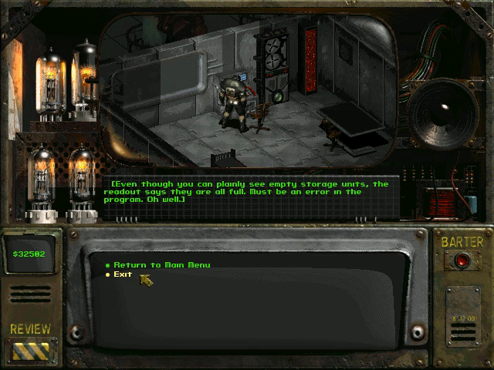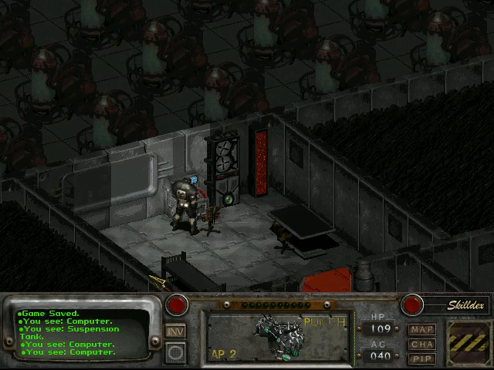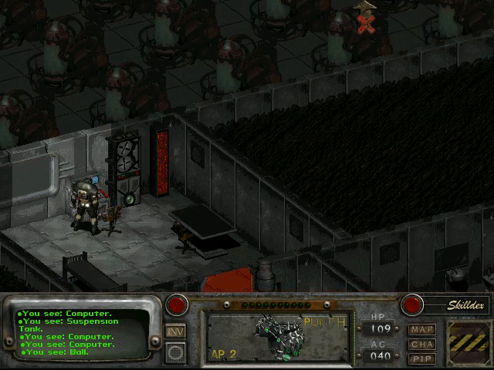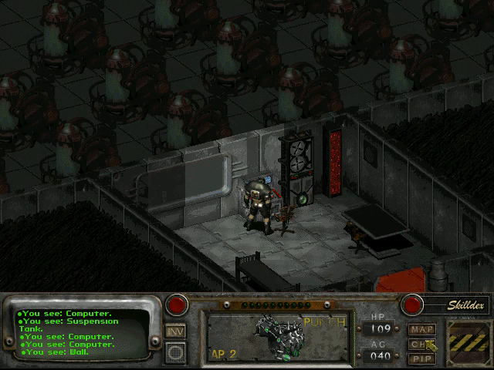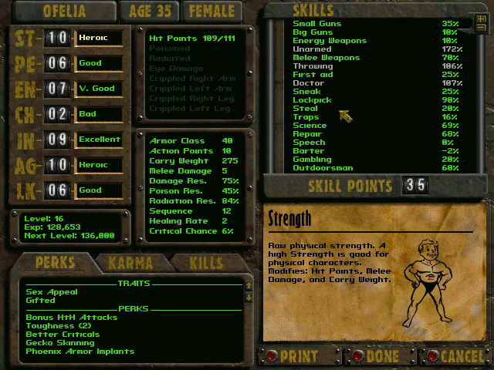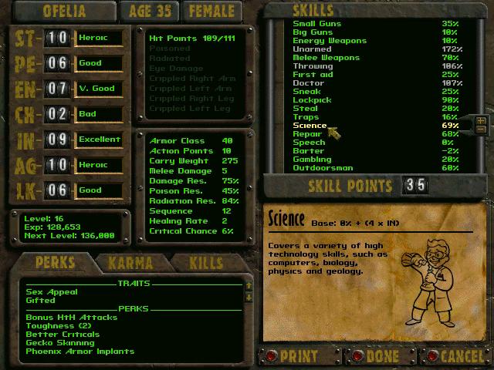Can I store something? Even though you can plainly see empty storage units, the readout says they are all full. Must be an error in the program, oh well. Yeah, and that's the problem, because when we try to retrieve a brain, there's going to be a problem, and we're going to have to rely on our science skill to solve that problem, I think. And the problem is that our science skill is 69. So while we'll get a brain, it won't likely be a